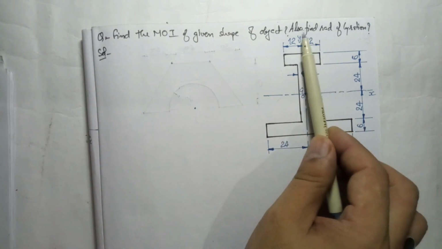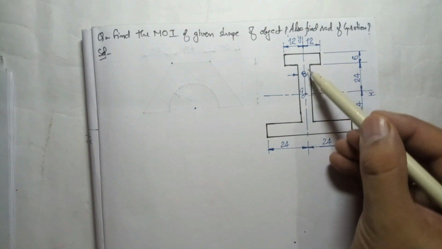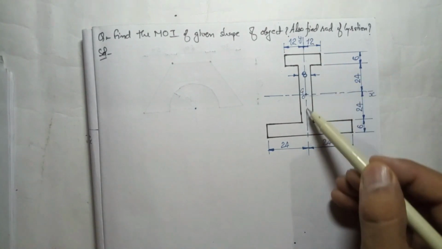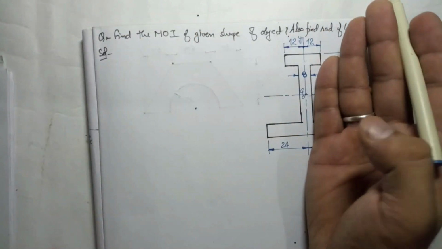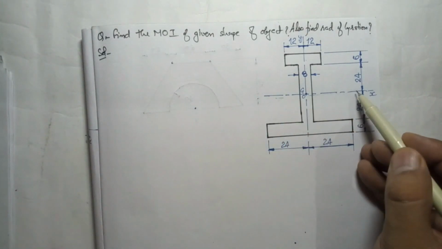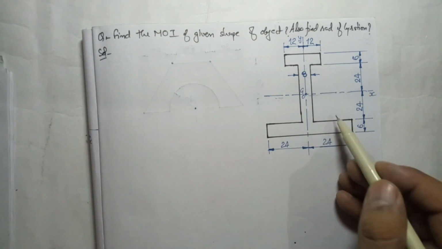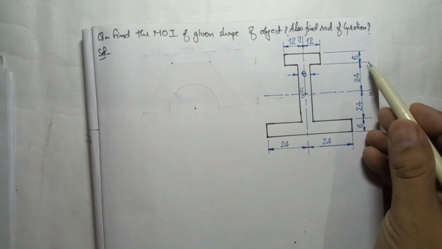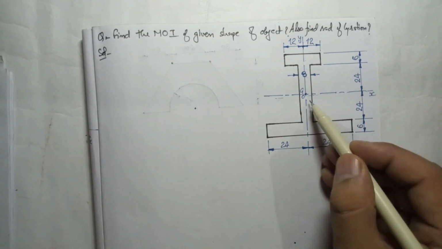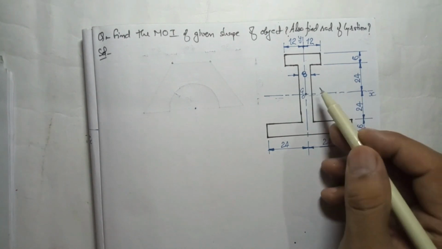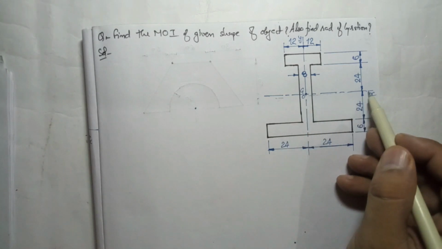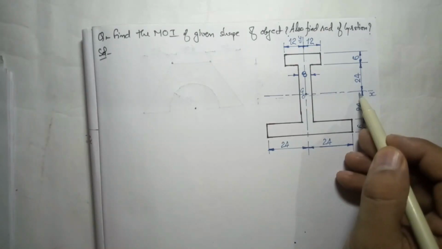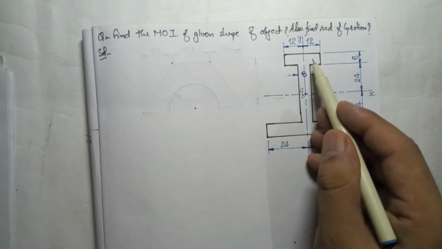If I say for the y-axis, it is the center of gravity axis. Why? Because the object is symmetrical on both sides, but about this axis the object is not symmetrical. This part is smaller than this one, so this point, if I see the dimension, is exactly the geometrical mid, not the center of gravity, right? So when we have to find the moment of inertia about this axis, we have to find the moment of inertia for this surface.